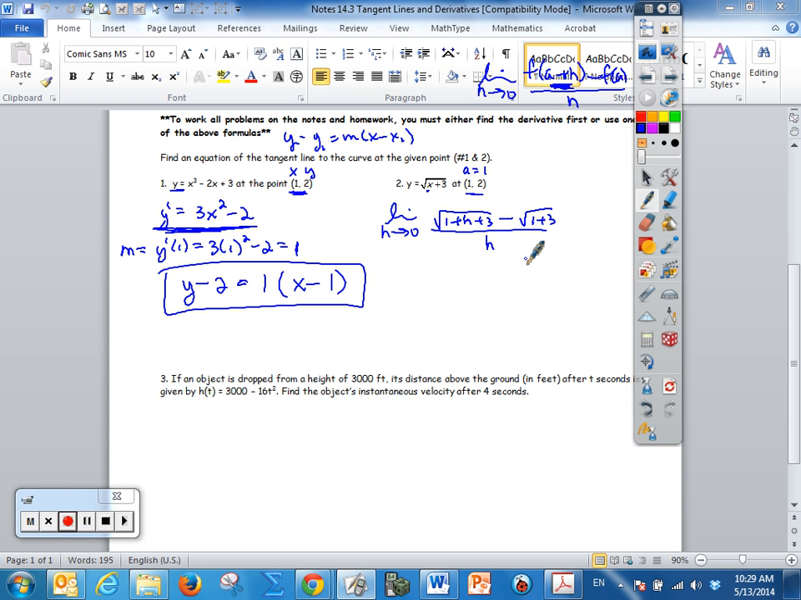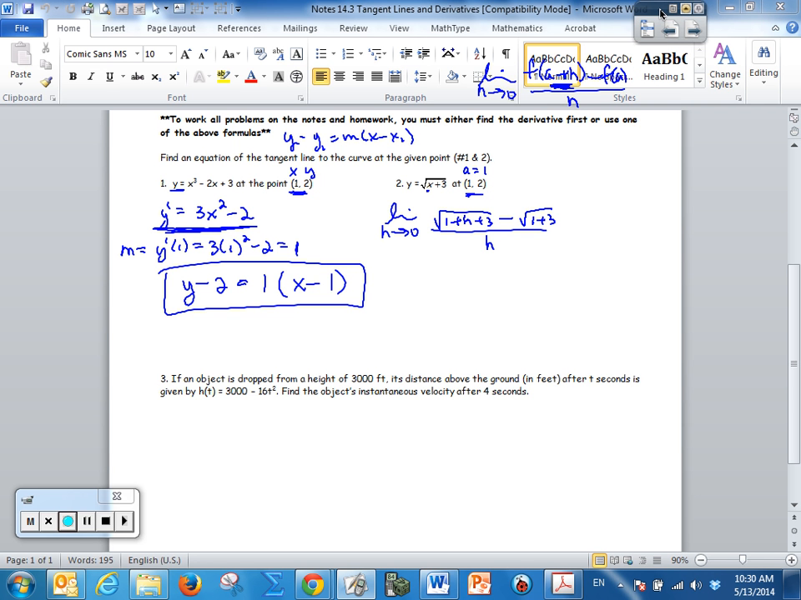Now probably the substitution part is the hardest part. Once we get that, then we just do normal limit solving techniques. Are we okay with the substitution? The a will change depending on the problem that you're working. A is just standing for the x value where you want your derivative value. Okay? Are we okay with that? Okay, so a is going to change depending on the problem that you're working. So now